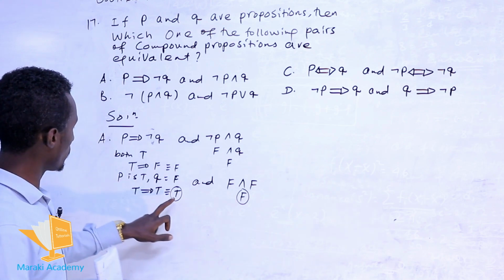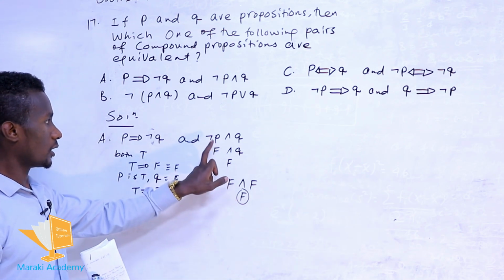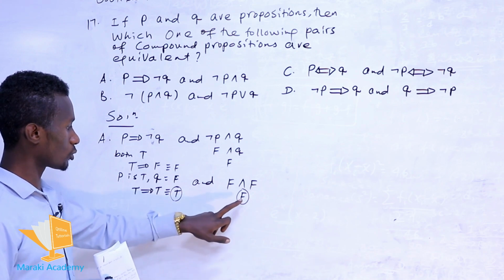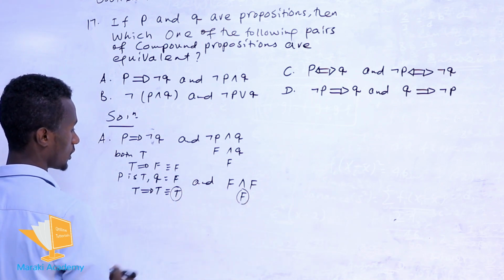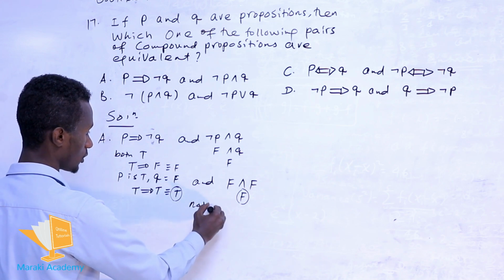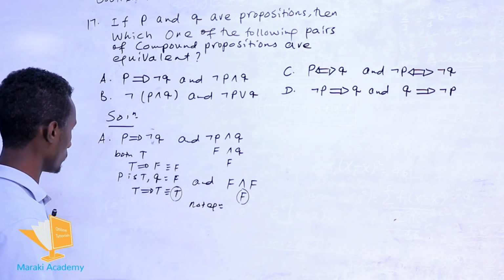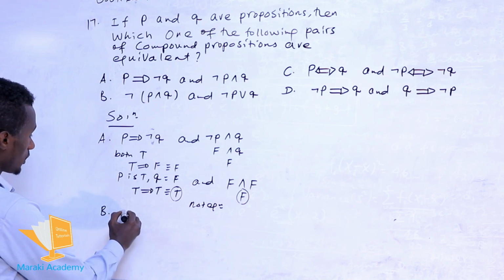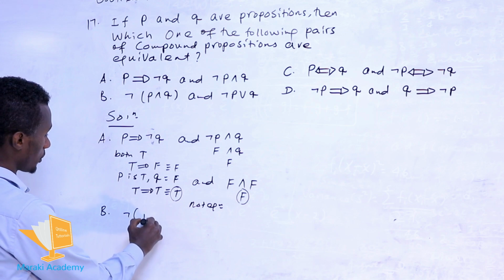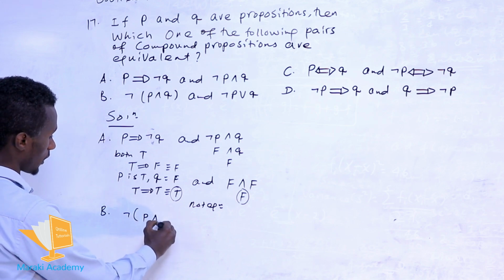ስለዚህ እዚህ ጋር p implies negation of q truth value true ነው፣ negation of p and q ደግሞ truth value false ነው። ስለዚህ ሁለቱ ኢኩቫላንት አይደሉም ማለት ነው ምክንያቱም ተመሳሳይ truth value ስላልሰጠን፣ ስለዚህ not equivalent። አሁን ቢን በተመሳሳይ ስናይ negation of p and q